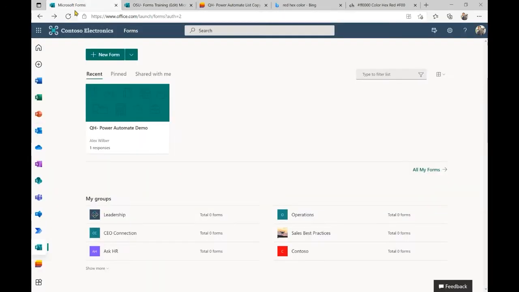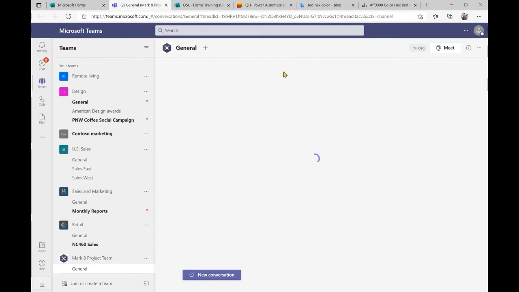If you want to add that to Teams, all you need to do is go to Teams, add the form as a tab, and it is embedded. Maybe you need to create a form because you want to have approval submitted for something, or whatever you want to use the form for. All you need to do is go into Teams and embed it as the Forms tab, or as a link.